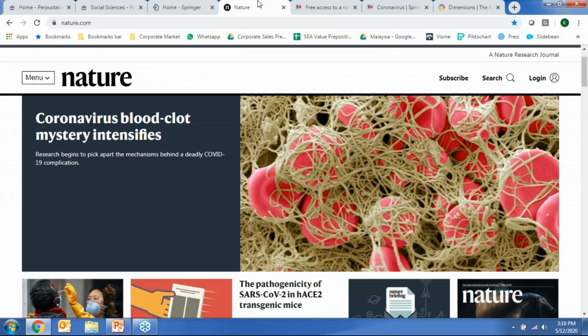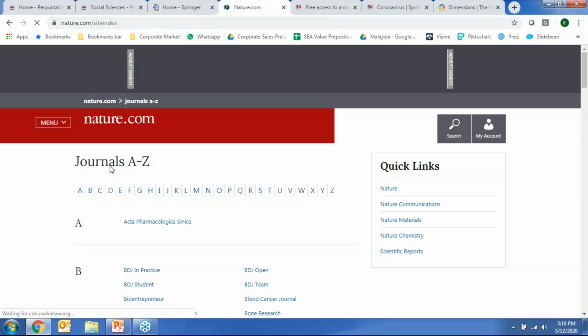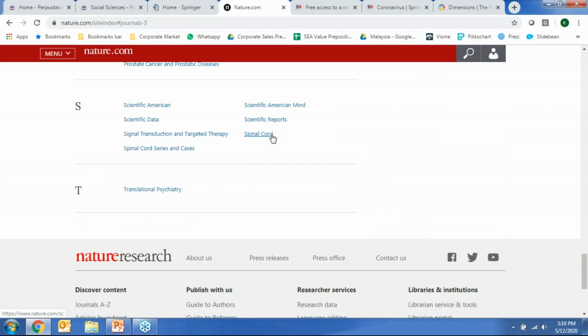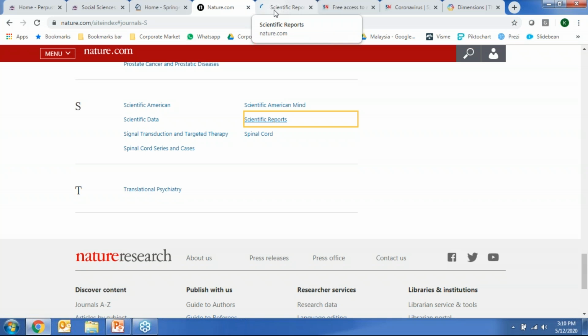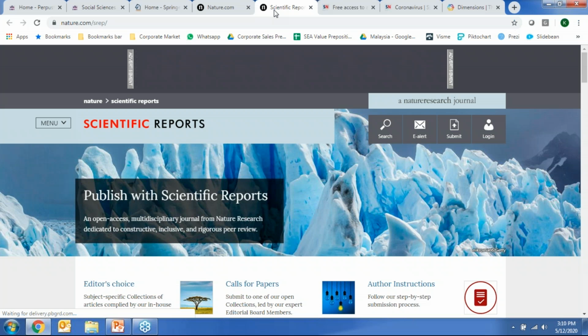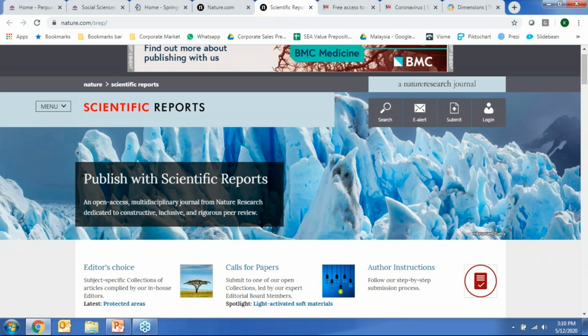On top of that, the Nature platform itself actually has two open access journals. The first of which is Scientific Reports here. This is a fully open access journal that accepts a very wide variety of topics, and its qualification for manuscripts accepted is basically sound science, meaning as long as the research behind the science is solid, papers are accepted into this particular journal regardless of its topic.